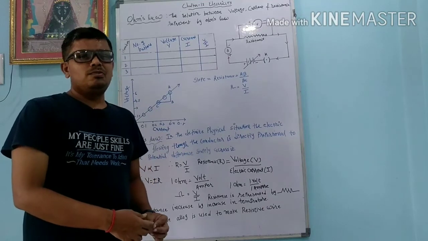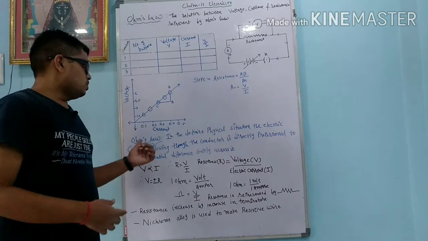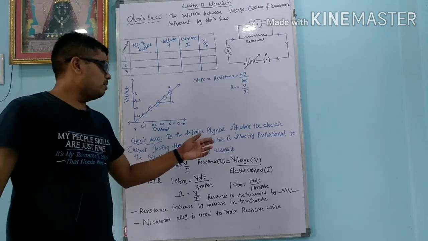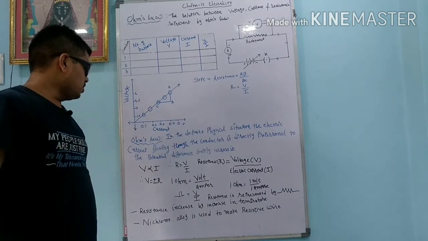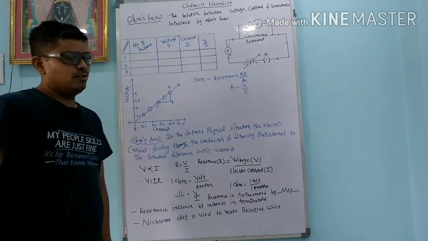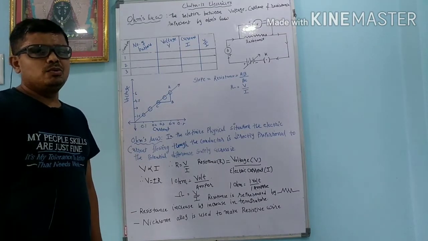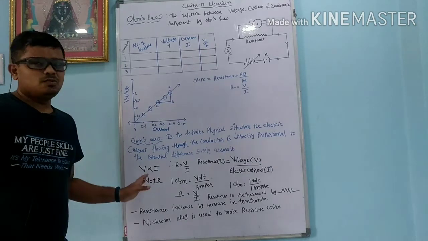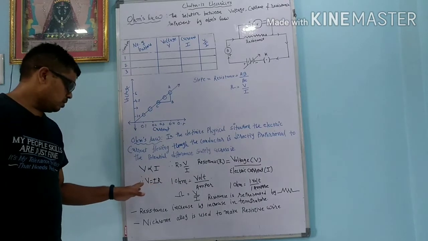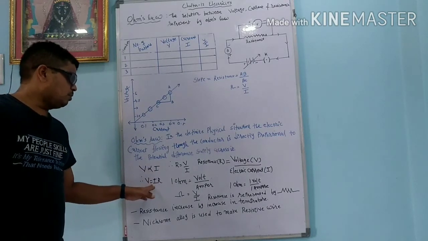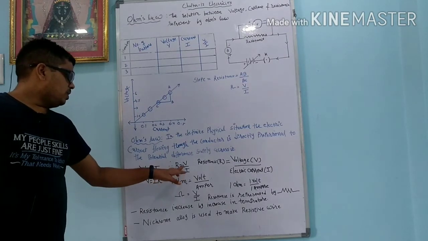Resistance is a property of metal which opposes the flow of electrons. Okay, so we can state Ohm's law like here. In a definite physical situation, the electric current flowing through the conductor is directly proportional to the potential difference supplied across it. Simple thing is, whatever voltage is directly proportional to current passing through the circuit. Okay, so we can write V proportional to I. Proportionality is for what? Not exactly equal to. So when we remove proportionality, we can write V equals IR. Okay, so R equals V upon I.